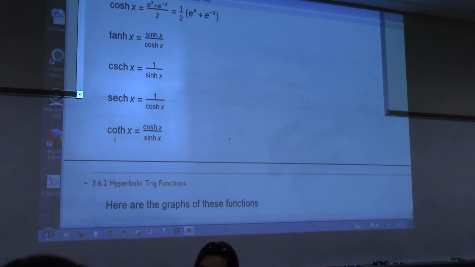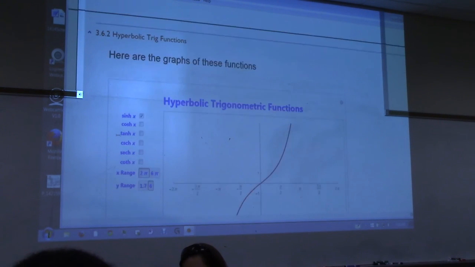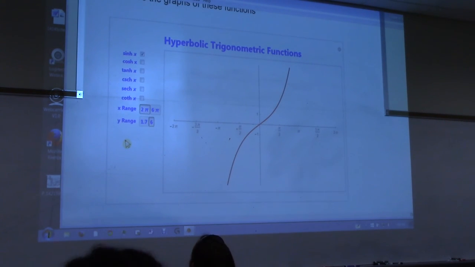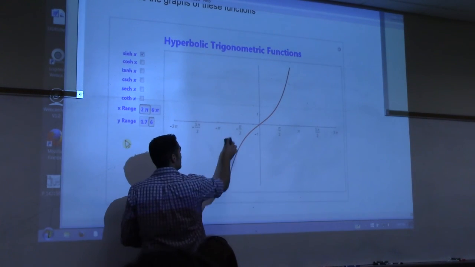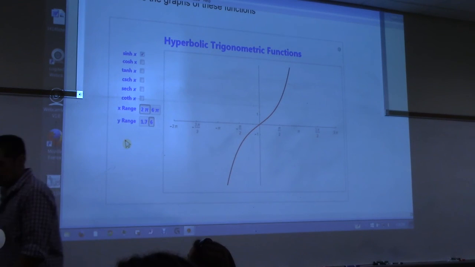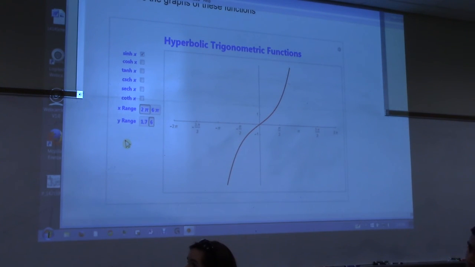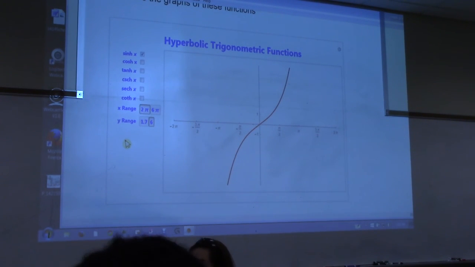All right, got it? Now, what do these things look like? What are the graphs of these? So let's take a look at these graphs. I'm starting out with the hyperbolic sine function. Does that look anything like the sine function from pre-cal? Not at all, right? It's not periodic, is it? Like the sine function was periodic. This one doesn't appear to be periodic. This almost looks like a cubic function, going down on the left and up on the right. But it's not. It's some combination of e to the x and e to the negative x, so that when you combine them a certain way, you get that graph.